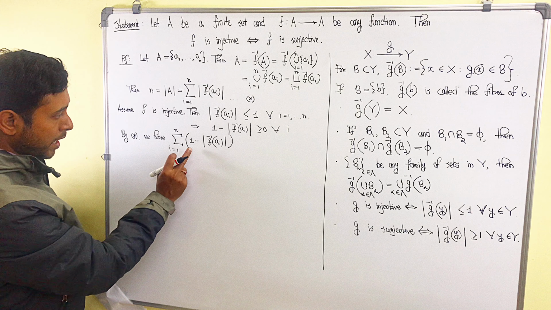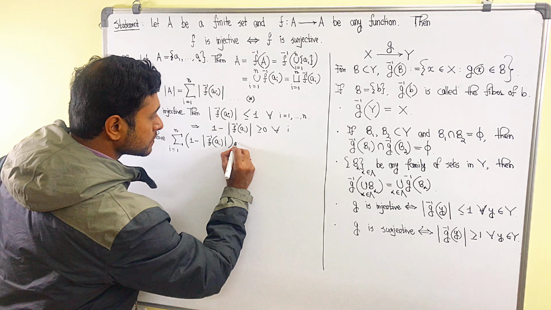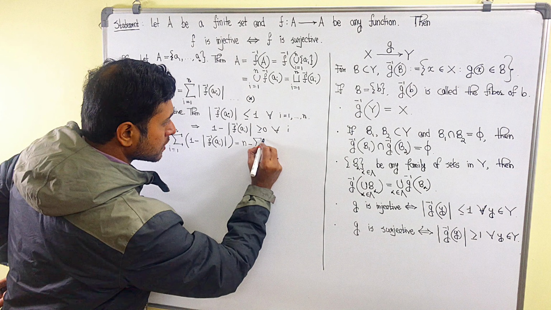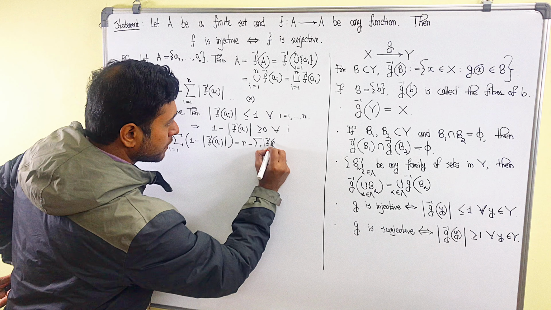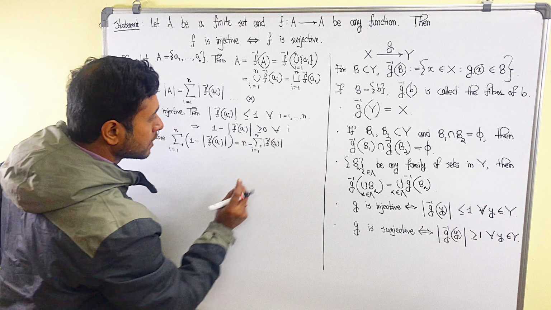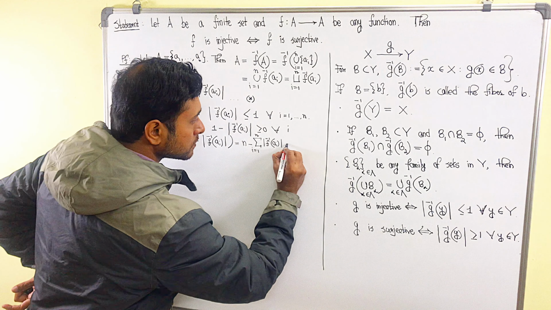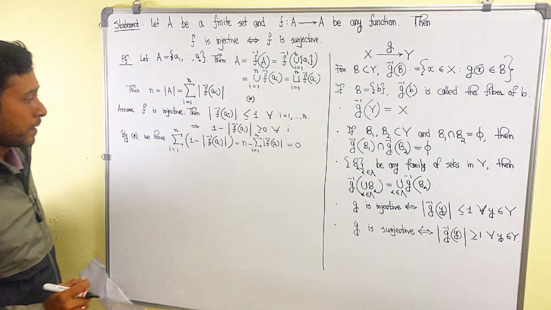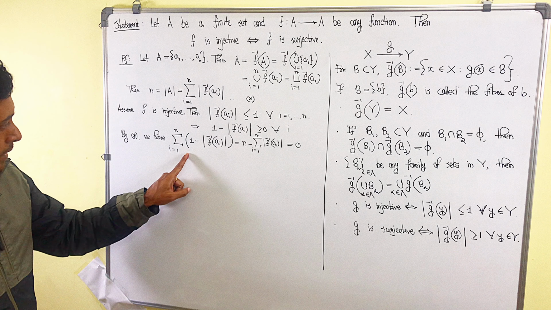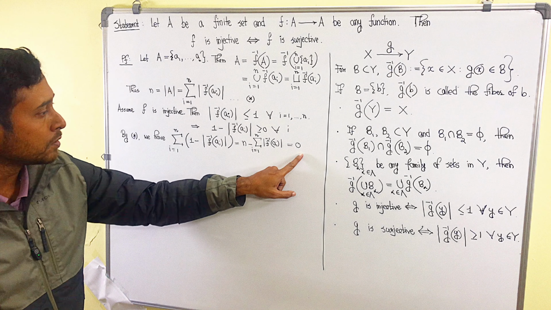Now you have n many ones, so when you break it, you will have n minus the summation of the cardinality of f inverse of a_i, i from 1 to n. So by star, these two are equal, so this difference is 0. Okay. So now what you have is the following: the sum of these n integers equals 0, and